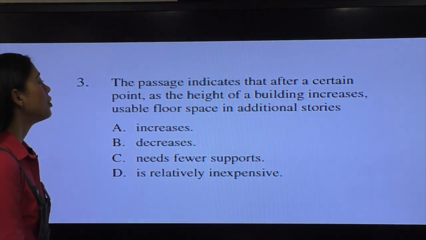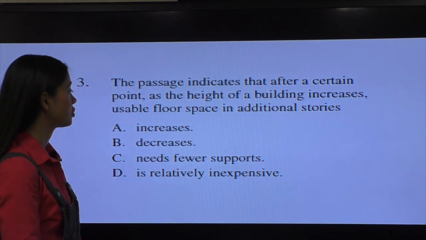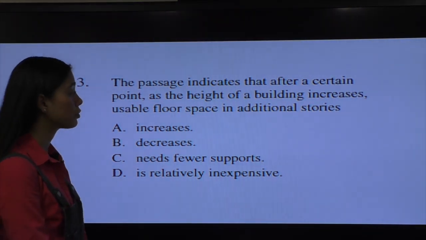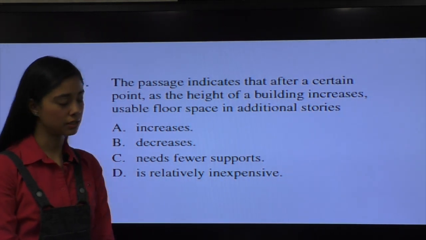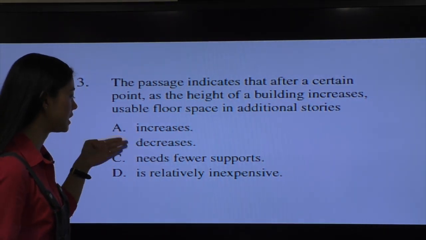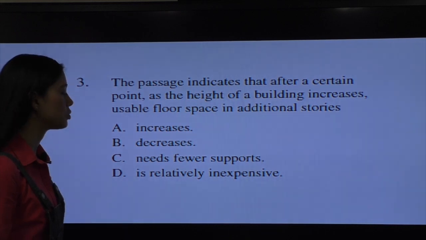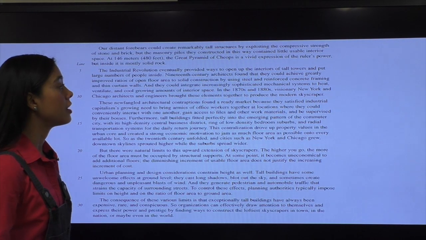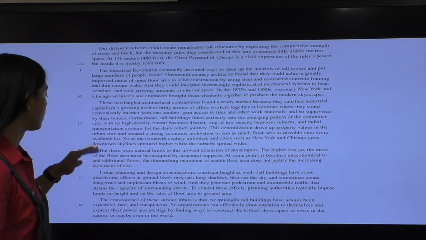Question 3 says, the passage indicates that after a certain point, as the height of a building increases, usable floor space and additional stories, and then the options are increase, decrease, needs fewer supports, is relatively inexpensive. So if we go back to the passage, the exact answer to this question can be found in the 4th